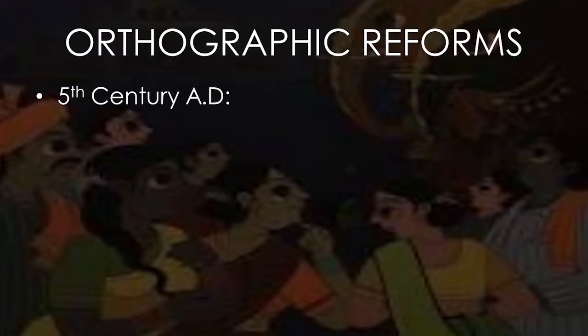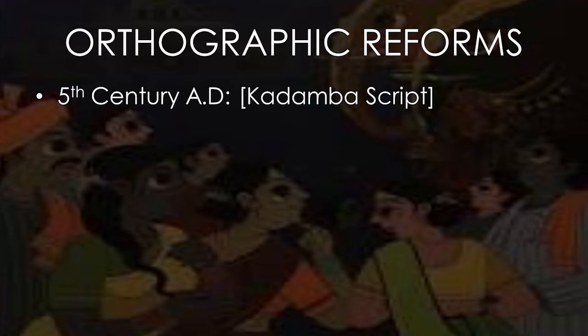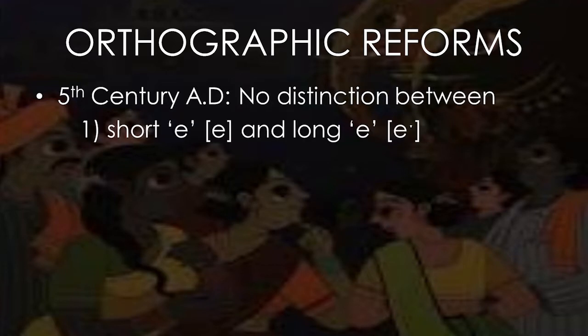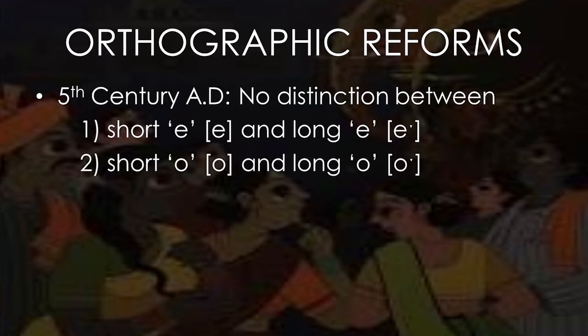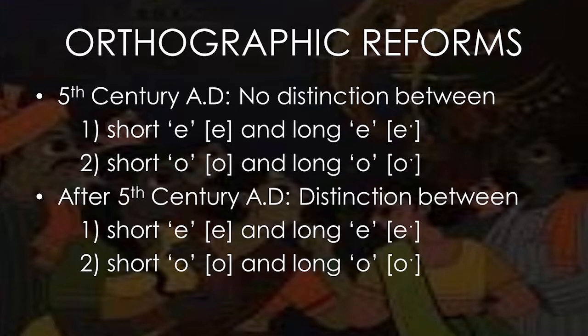Now let's get to the orthographic reforms. Well, this is not going to be a long segment because Kannada didn't have a lot of orthographic reforms because it wasn't as complicated of a script as Malayalam was. However, in the 5th century AD, when the Kadamba script was being used, there were some orthographic reforms there. Earlier, there was no distinction between the short A and the long A and the short O and the long O. After the 5th century, not only the distinction was added, but also many more characters were added, which were